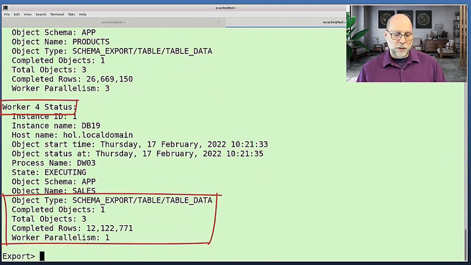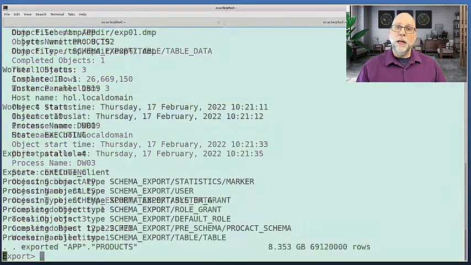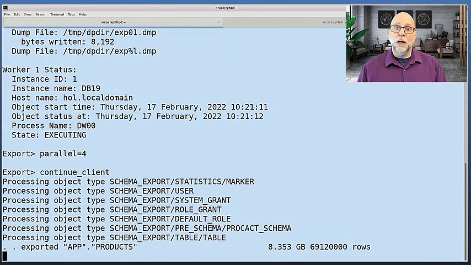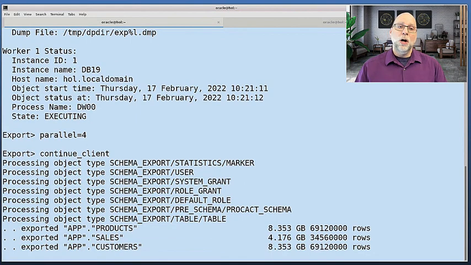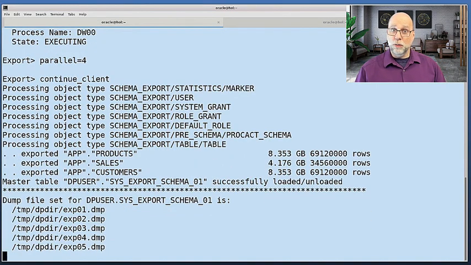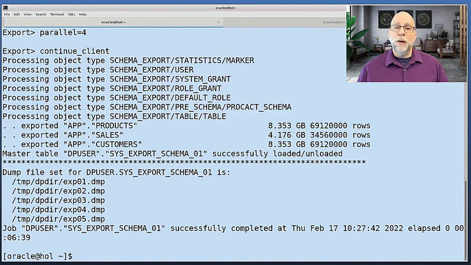That's set to 3 right now. Worker 4 has a parallelism of 1. So what's going on here is that worker 3 has spawned 3 parallel query processes to do its work. Worker 4 is doing more work on its own. So you now get those 4 parallel processes, very similar to what I described earlier when I talked about export